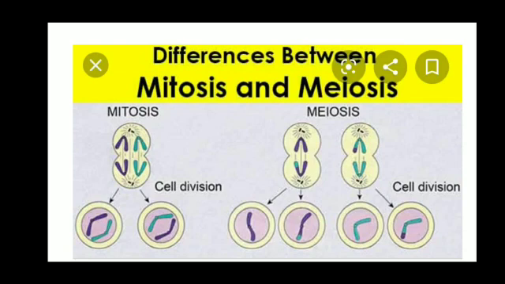This cell division occurs at the time of fusion of male and female gametes, zygote formation, in reproductive cells. So, this meiosis type of cell division occurs at the time of reproduction, zygote formation. They produce 4 daughter cells from two parents. One comes from mother, one comes from father, and you have fusion of gametes.